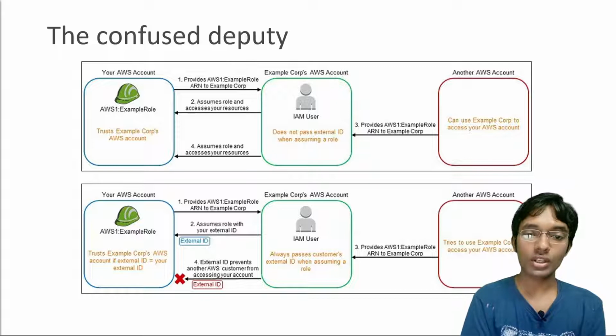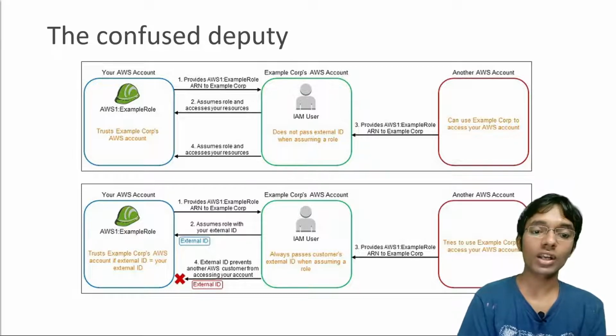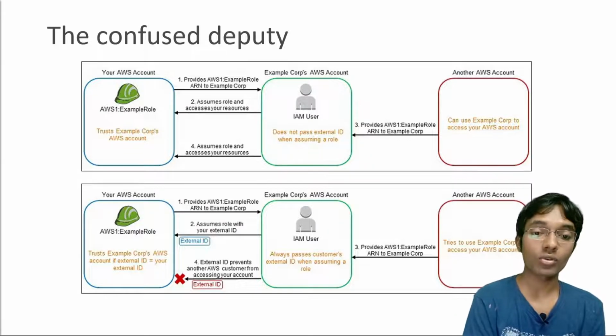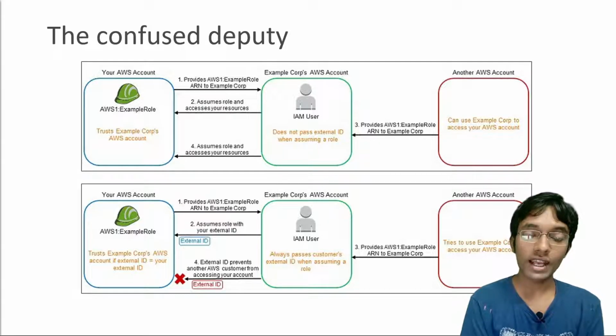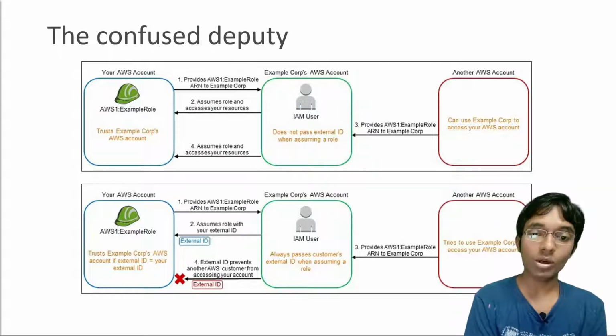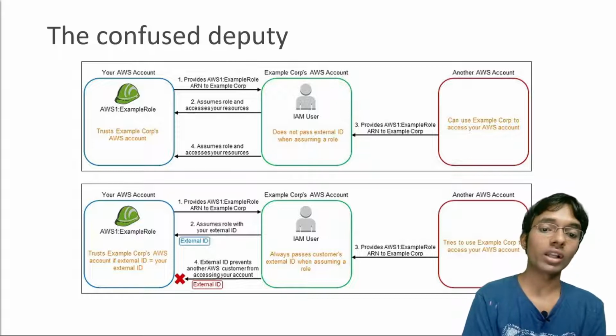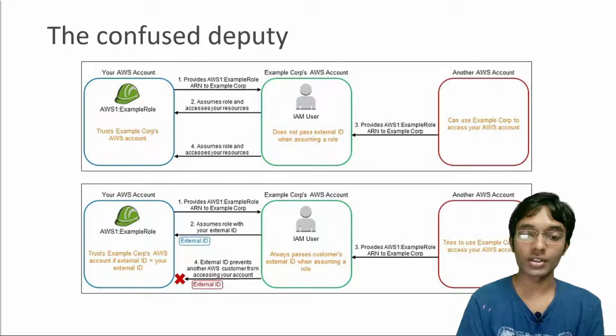So it's going to say to the middle account, hey, I have a role for you, and this role is going to allow you to access stuff in my account. But instead of providing a role in their account, they provide the exact same AWS example role ARN to the middle account. So this one can't verify whether this role belongs to the account on the left or on the right. So it's going to be assuming that role,